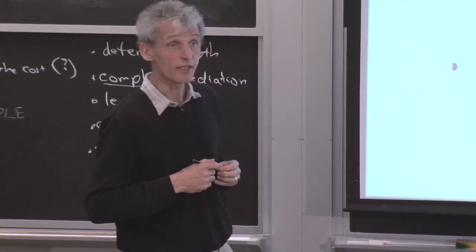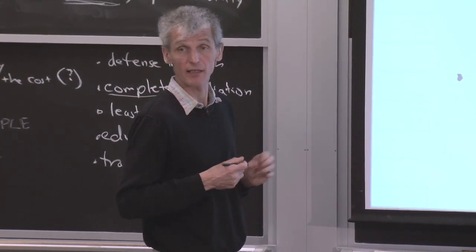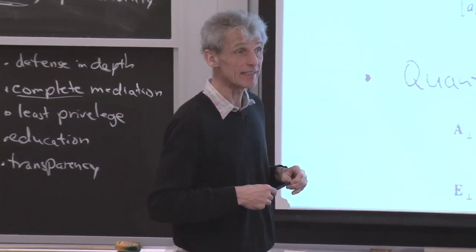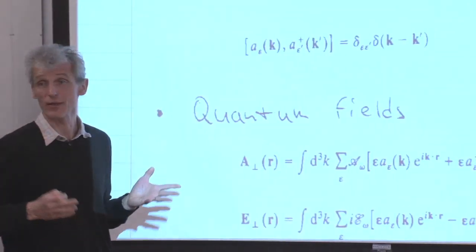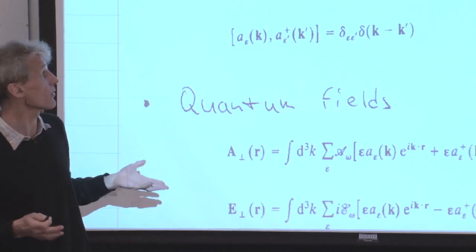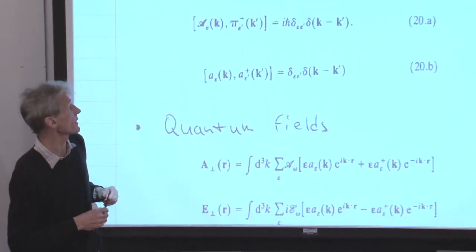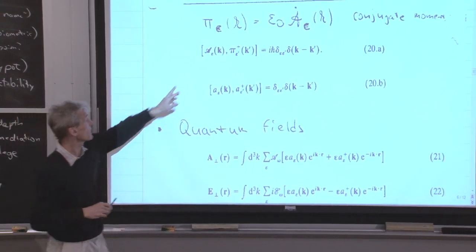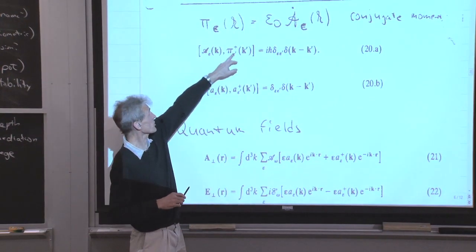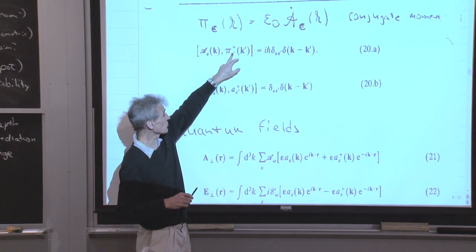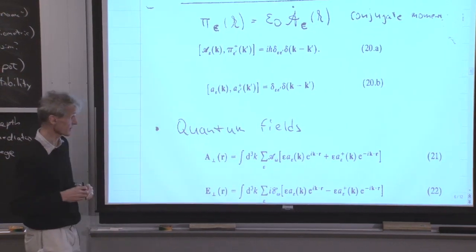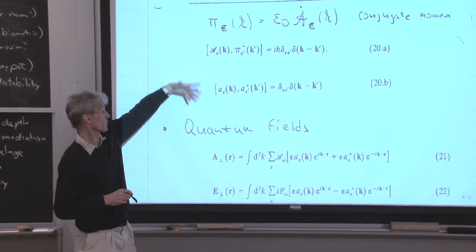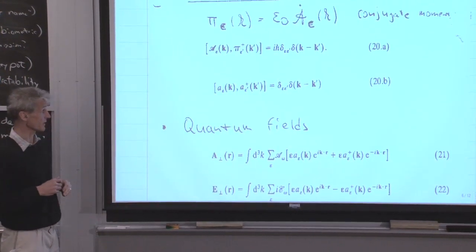But now we do the step in quantum mechanics, which you have already seen a few times. You have written equations in such a way that they look like harmonic oscillators, and then you postulate that the classical quantities become operators. The transverse vector potential and the conjugate canonical momentum now fulfill commutators, and we use those commutators to define them as operators.